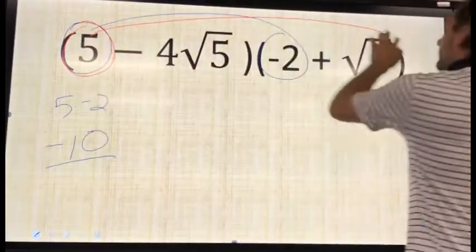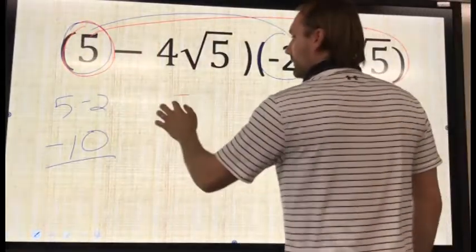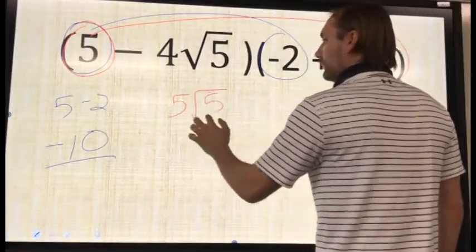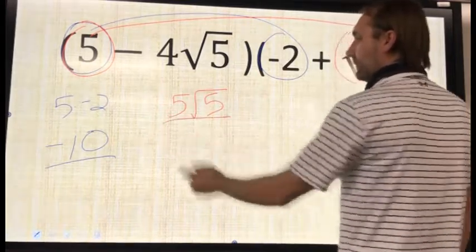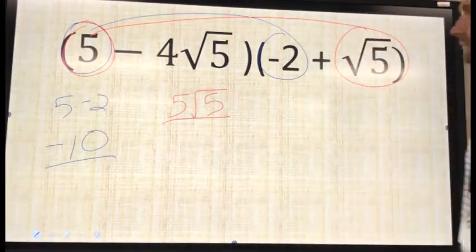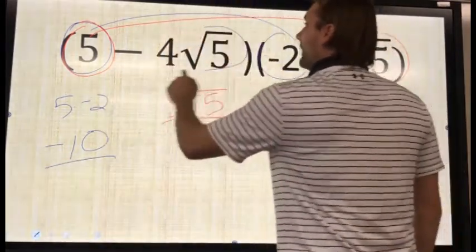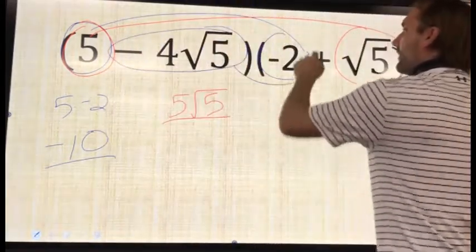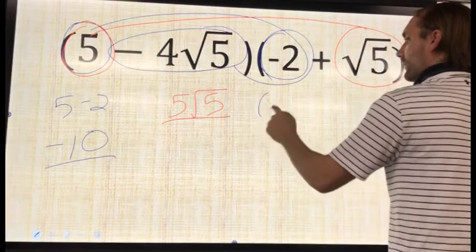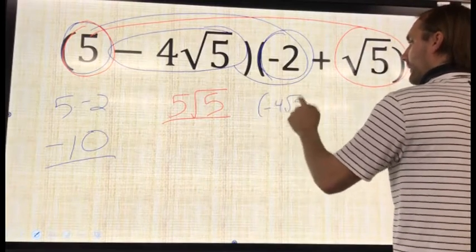5 times square root of 5 is what? Well, that's just 5 square root of 5. That wasn't too bad. Now let's look at negative 4 square root of 5 and multiply that by a negative 2. So negative 4 square root of 5